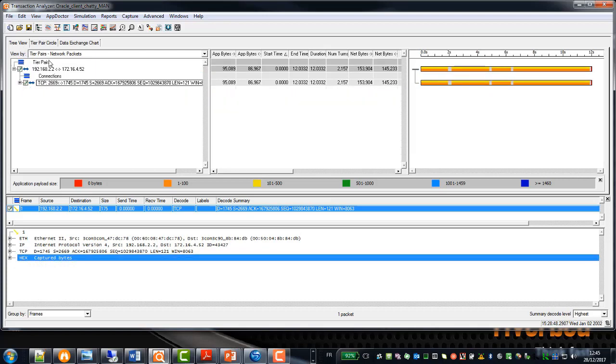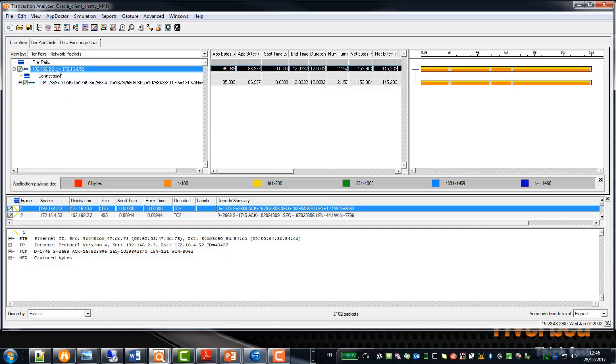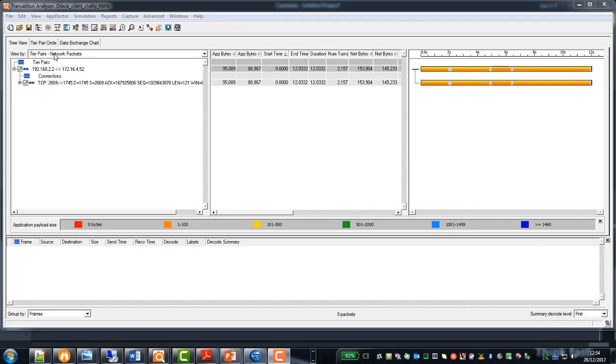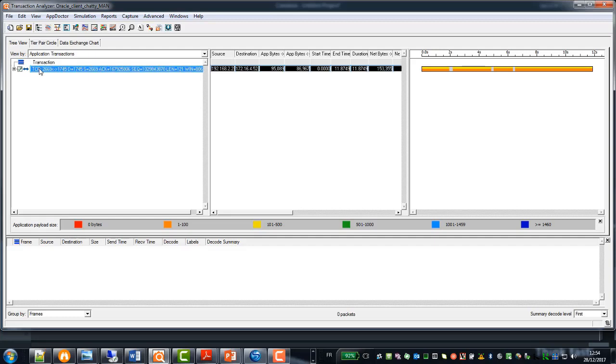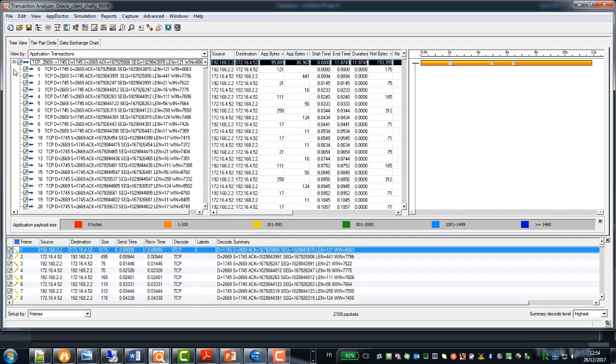Something else to note is that we can change how to display the packets using Calpers network packets or Calpers application transactions, or also application transactions. Here, there is no difference between Calpers application transactions and application transactions because I have a single IP conversation. If I try to switch to the application transaction view, I will not see any difference with the network